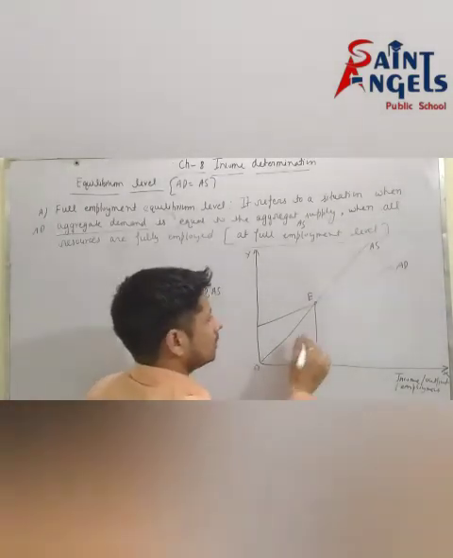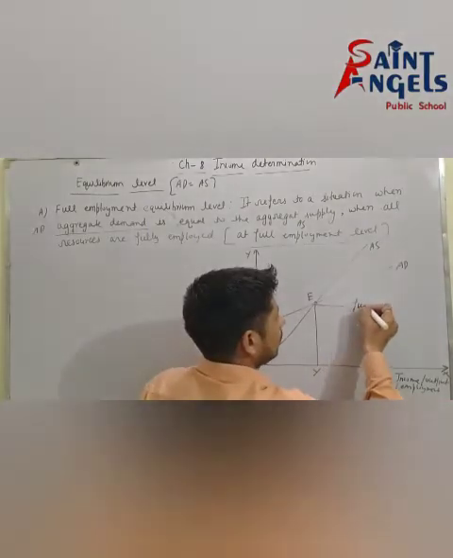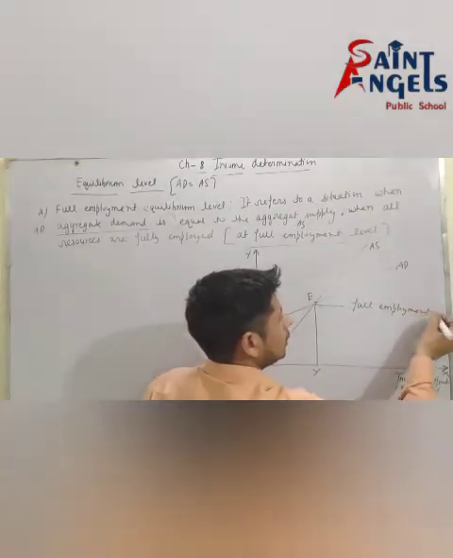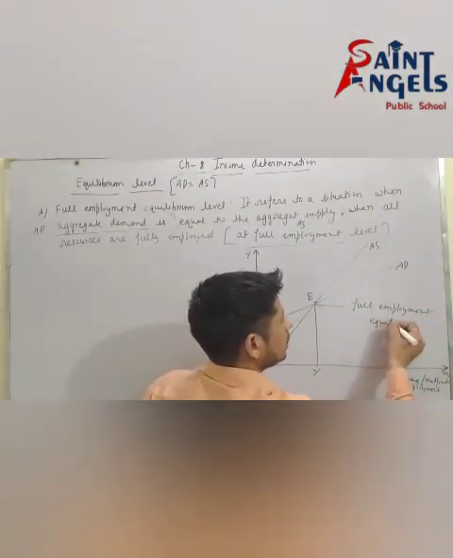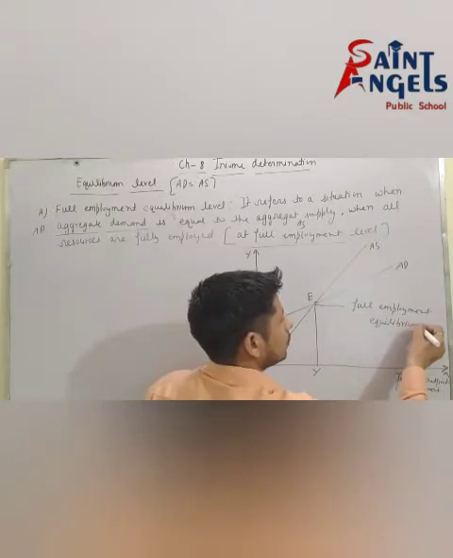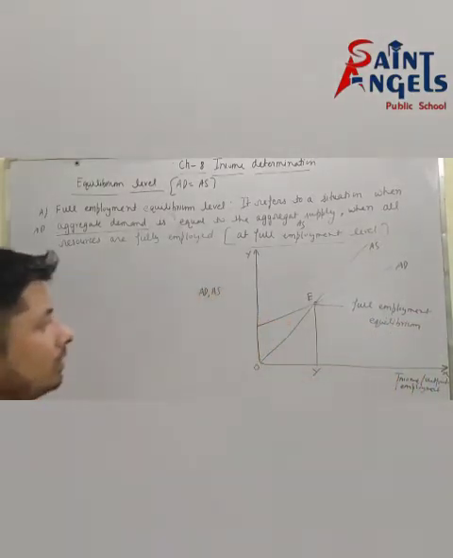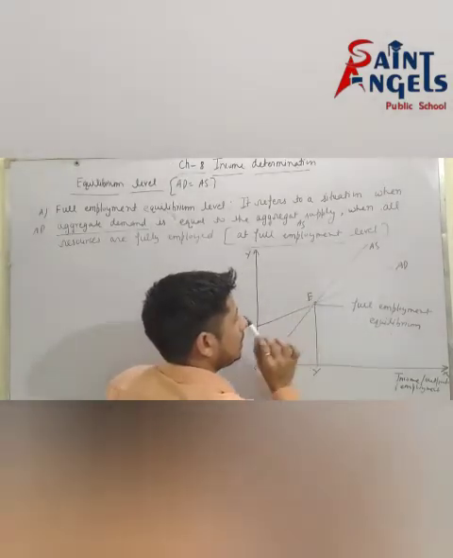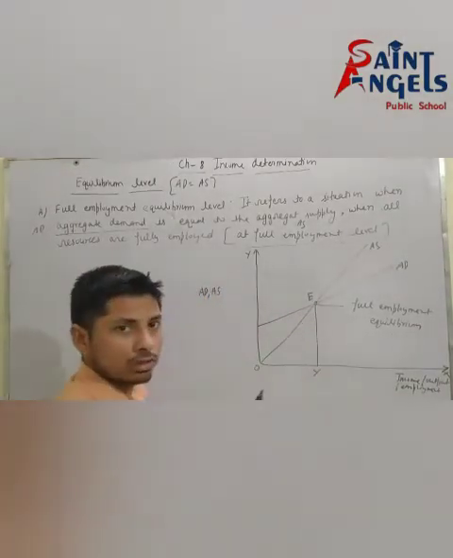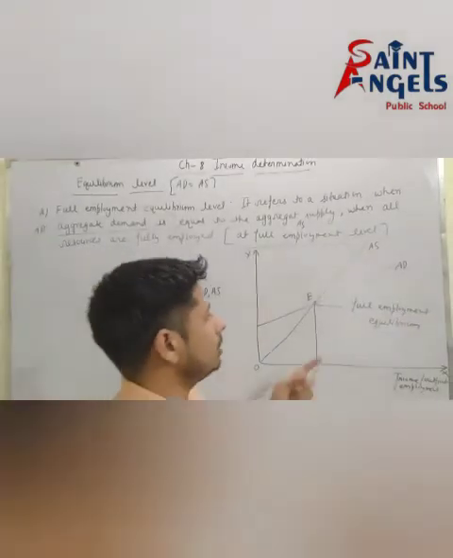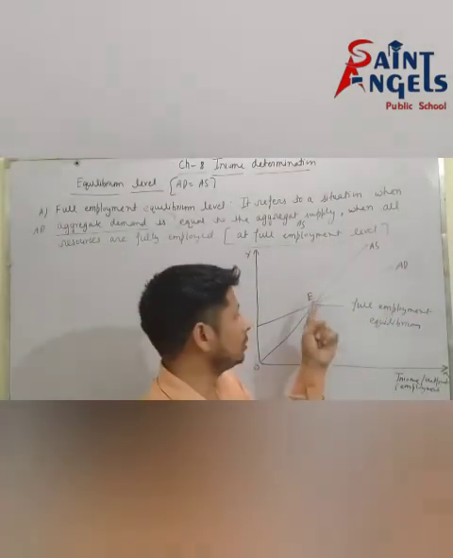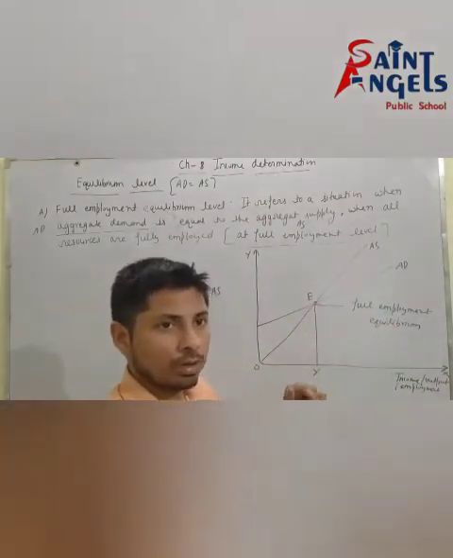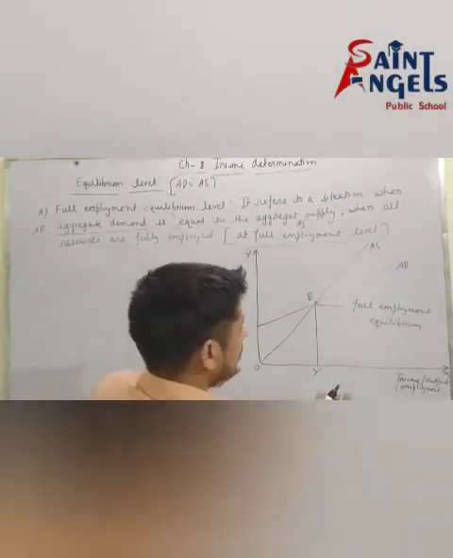I hope all of you have understood. This is full employment equilibrium. This point E shows full employment equilibrium, because